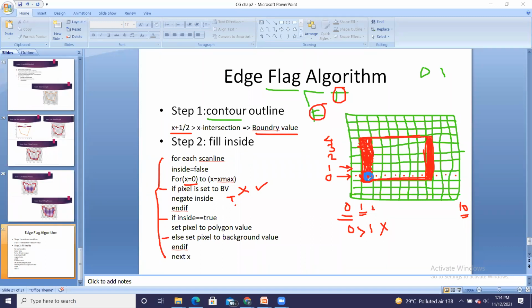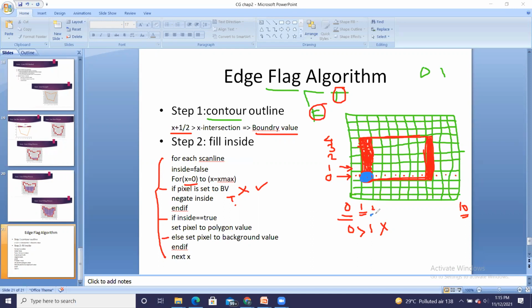Consider I want to color this polygon with blue color. So I am going to set this. Again, x is incremented. This if is over, I will set it to the polygon value and x is incremented. X becomes 2.